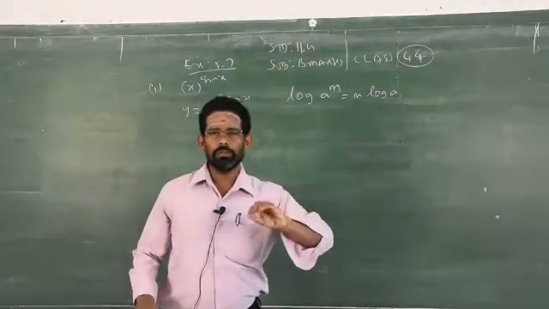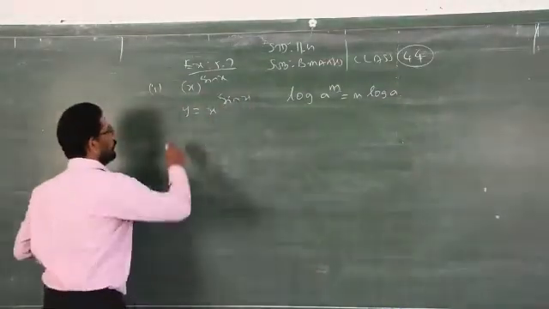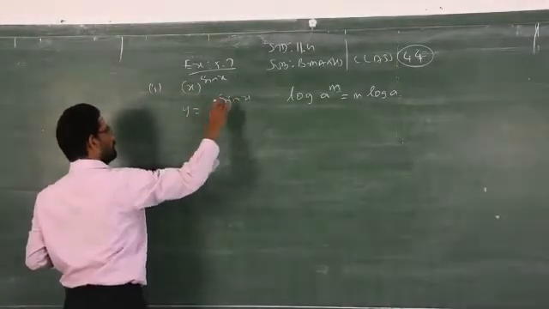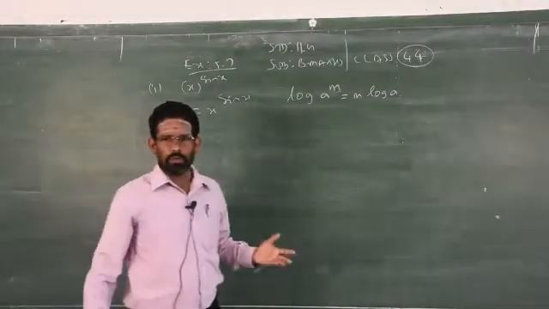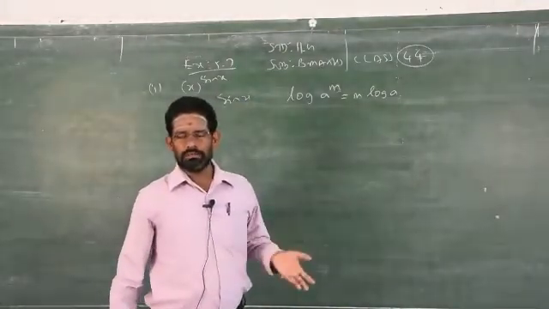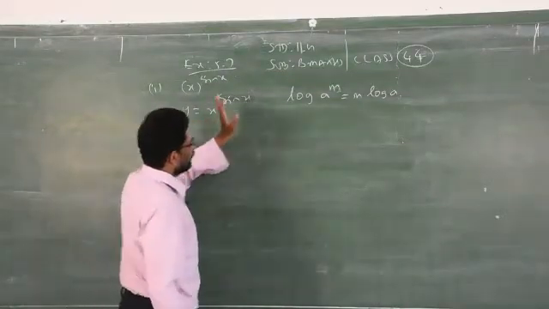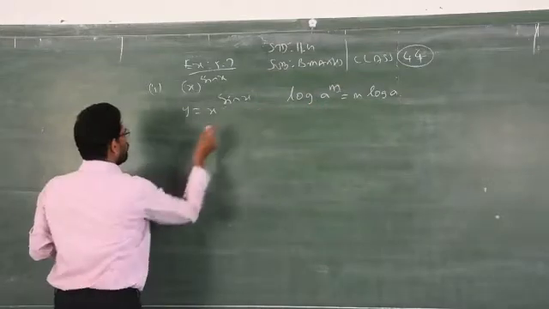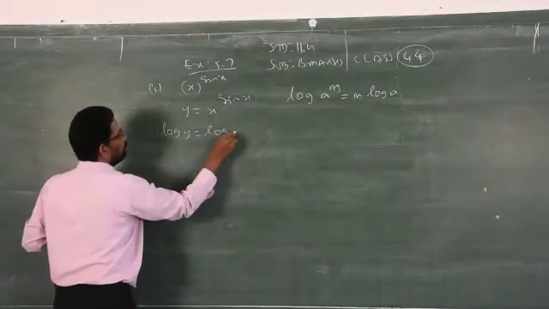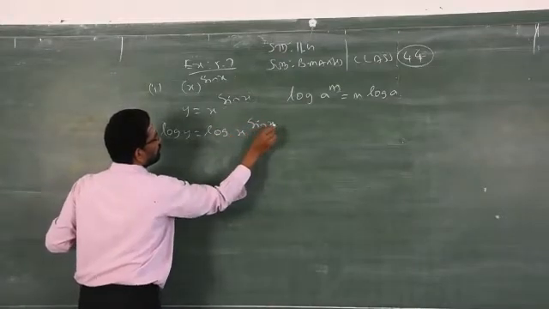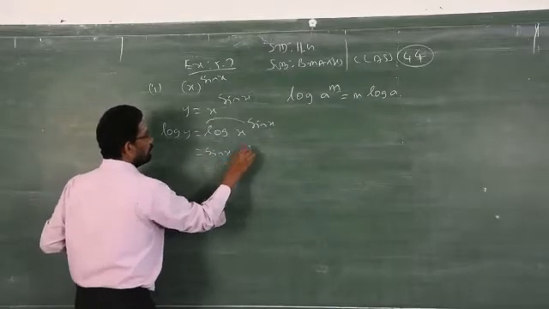So I am going to use this technique to take the power as a multiplier. Why do I need to take the power as a multiplier? Because the power is also in terms of x. We don't have such a derivatives formula in these types of problems. So to take the power as a multiplier, I can use only the logarithmic format. So I am taking log on both sides. Log y is equal to log x to the power sin x. The power becomes a multiplier, so sin x into log x.